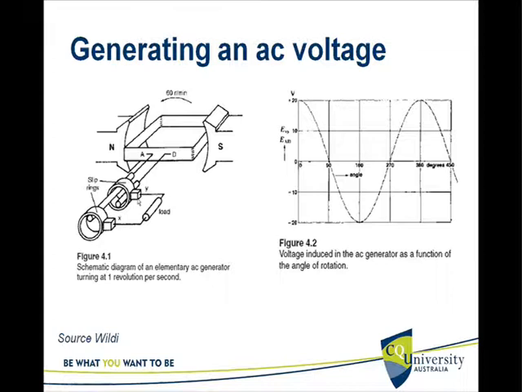From these two brushes, X and Y, there is a conductor supplying whatever is generated in the winding to a load. Now if by some means we start rotating this winding inside this magnetic field, then we know